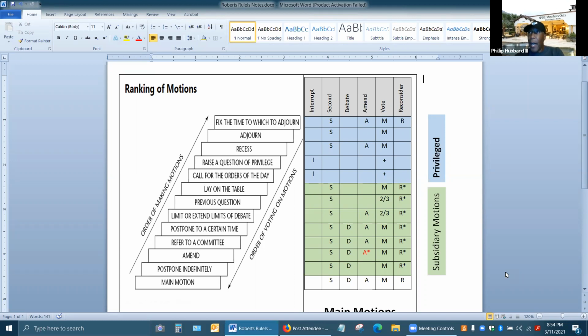And it's normally done when, Brother Chair and Secretary and Vice, this is probably what is most important for you, and that is the pending question is set aside temporarily when something else of immediate urgency has arisen, or when something else needs to be addressed before the pending question is resumed.